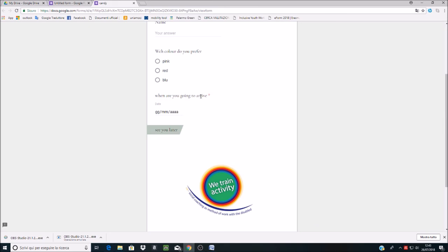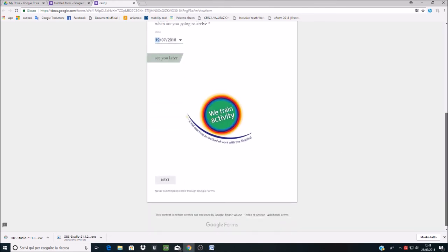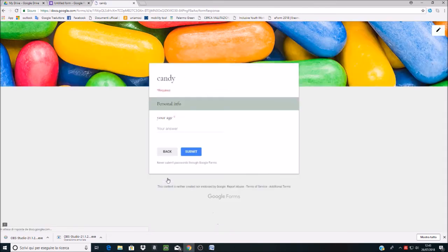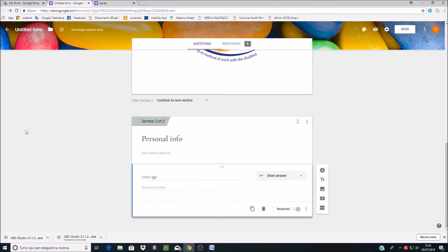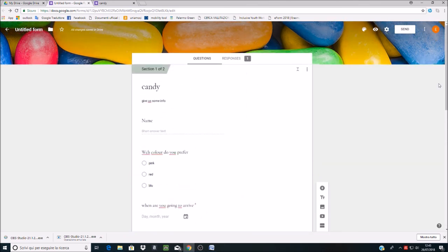And this is the compulsory answer. When are you going to arrive? So I can choose a date. I choose this one, so that I can go to the next section. It's very easy, and you can personalize it in the way that you prefer, and use it for several purposes. You have just to start